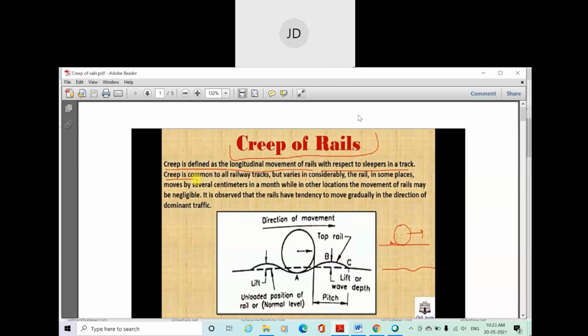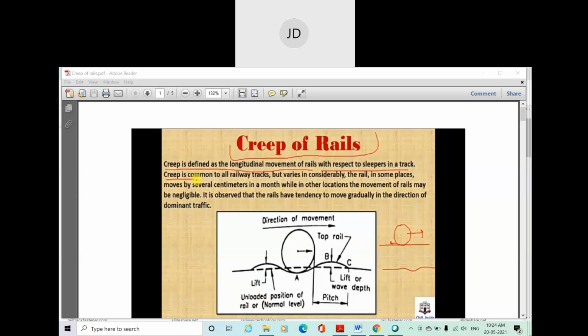Okay. So what is creep actually? We have already discussed that it is defined as the longitudinal movement of rail with respect to the sleeper. The longitudinal movement of rails with respect to the sleeper in a particular track is defined as creep. And the rate of the movement may vary depending on